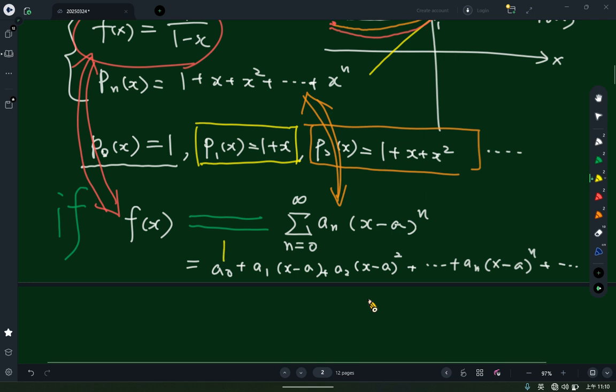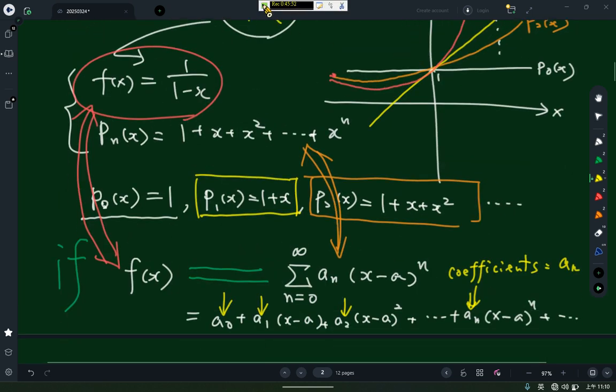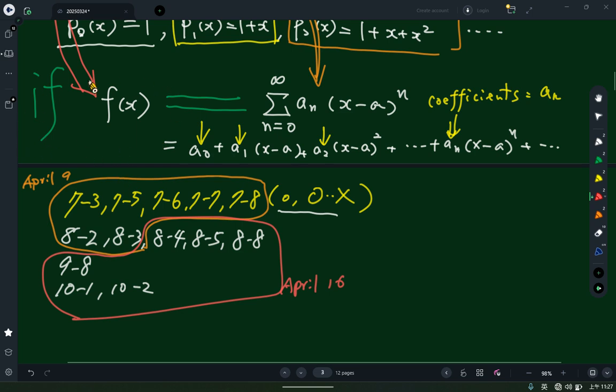So how can we just get a0, a1, a2 till an? So this we call it coefficient. This coefficient, how can we get that? Then later on, after the break, I will show you how to get it. Okay? 好，我们休息一下哈。